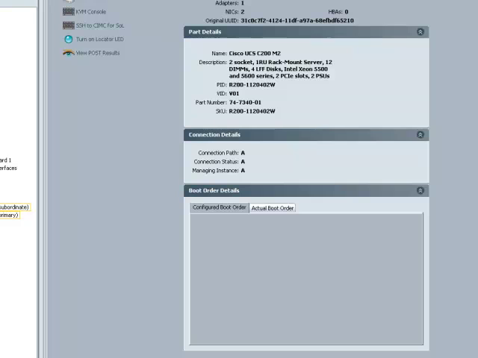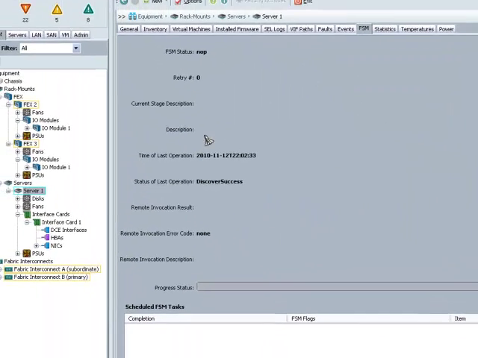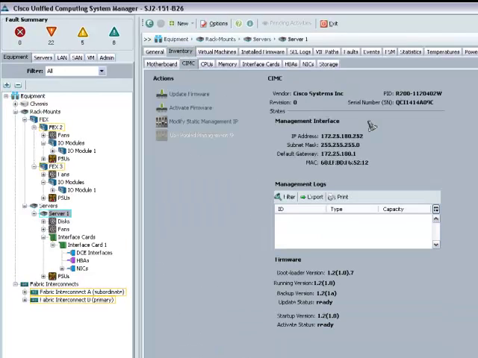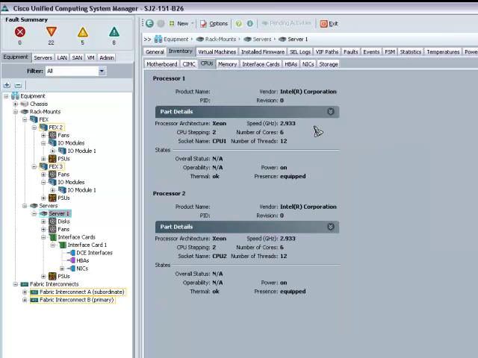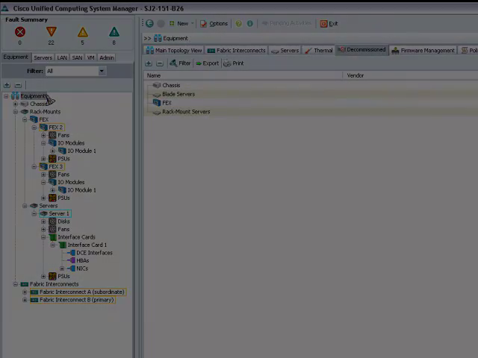The important thing to note here is that all of the information, manageability, and monitorability that we have for the bladed offerings, we now can do in the rack mount world. So I don't have to have a separate skill base or skill set for the rack mount versus the bladed infrastructures. So we're just running through some of the inventory. I would apply a service profile or a template, and all my virtual I/O capabilities with the P81 card are